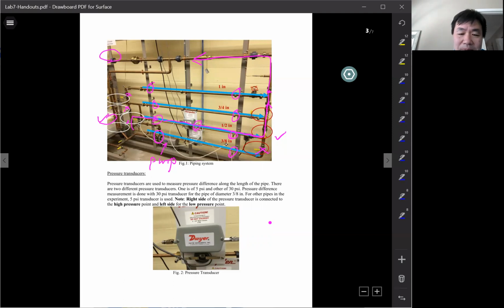So what we do is we measure the pressure loss between the first 2 locations, which is a 24-inch distance. Okay, so we also measure the pressure loss due to 48 inches. Or the other way is you can measure the pressure difference between the second 24 inches. We can add them together, becoming 48 inches. Okay, so compare 24 and 48. So you have a plot with only 2 points. This is the length, this is,